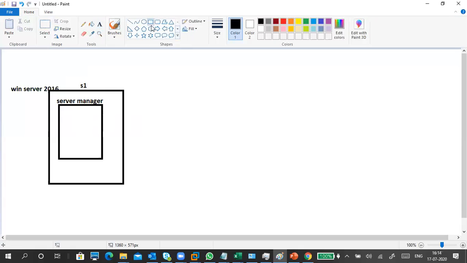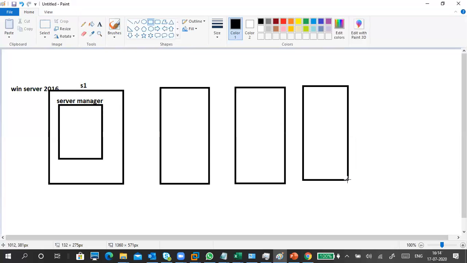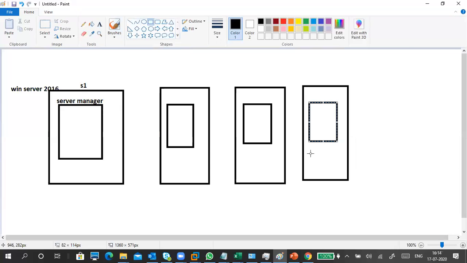But in your organization, you have several servers, multiple servers in your network. To maintain those servers, you must go to each and every server, open the server manager, install some services and work on it, right?